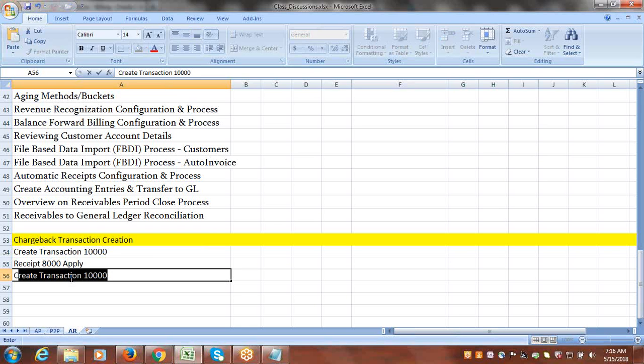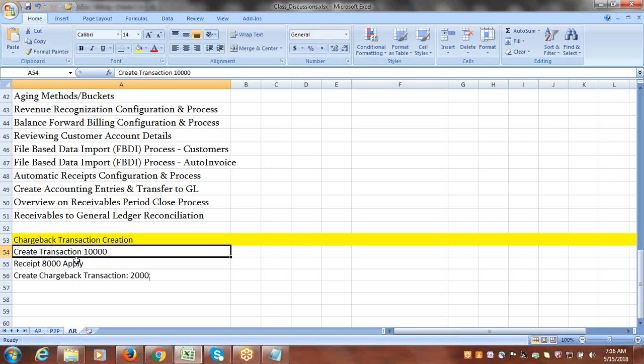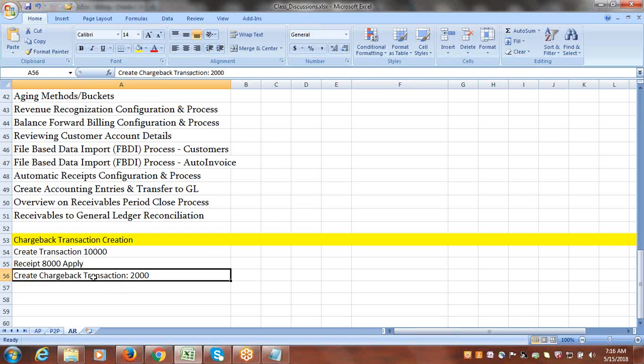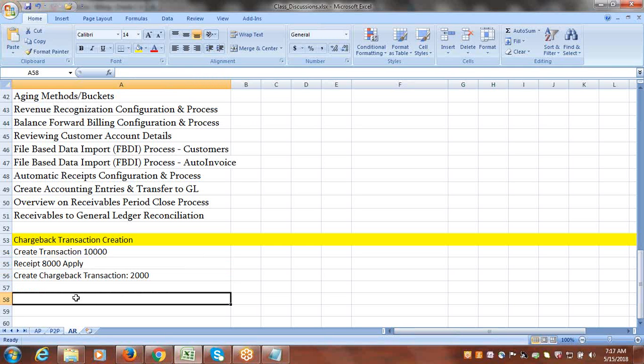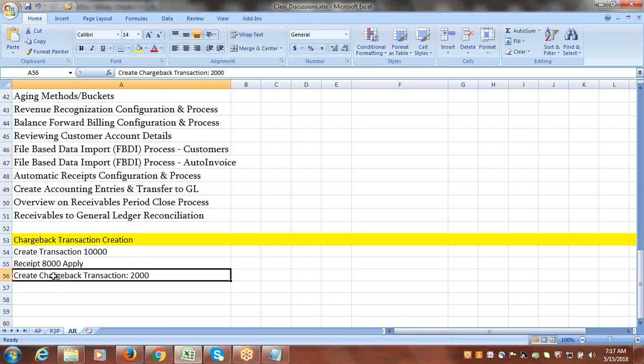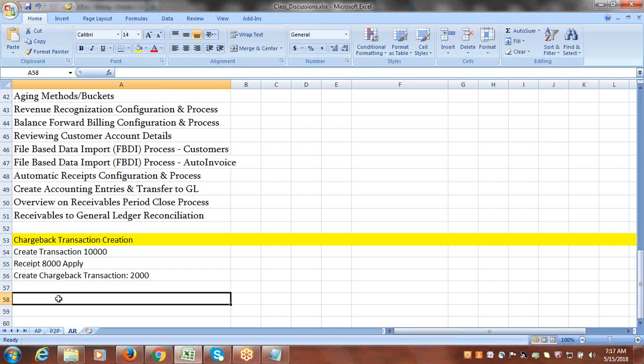transaction. So create chargeback transaction with $2,000. Create a transaction with the 10,000, create a receipt with some partial amount for our testing, and for the remaining amount, if the customer requests us, you create the chargeback, you perform the chargeback activity, and the system will create the chargeback transaction automatically. For that, the setup required is, we already have a chargeback transaction type, source not required, so we only have to create a receivable activity